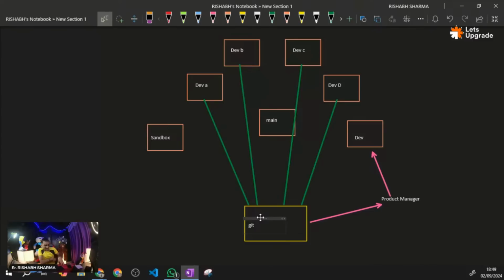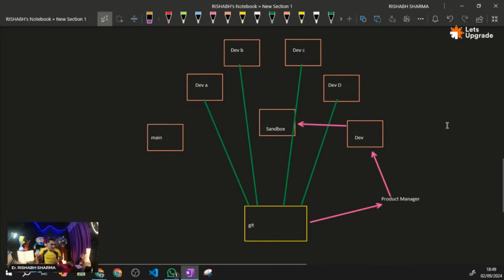And then developers will start the integration testing and unit testing and all those things in this dev branch, right? Then from this dev branch, they will push code to the main branch, or not main actually. They will put code on the sandbox. So from this dev branch, they will push the code on sandbox.